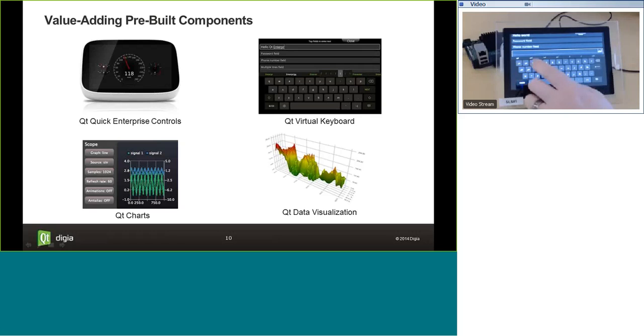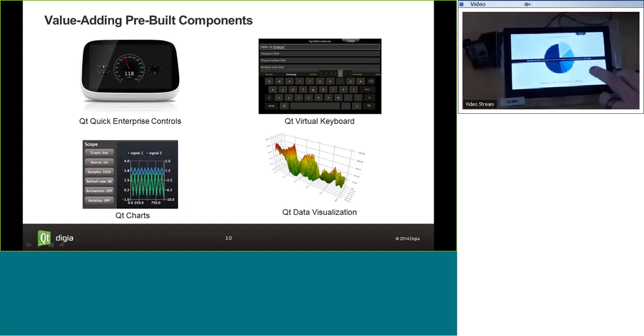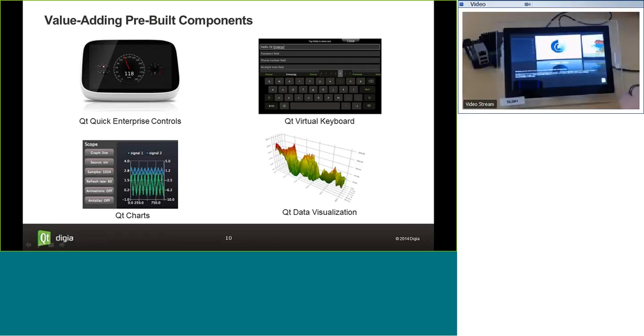So charting allows you to do 2D charting, both static and dynamic. And then Qt Data Visualization allows you to do static and dynamic 3D charting. These are all exclusively available to Qt Enterprise Embedded, and to Qt Enterprise if you're doing desktop and mobile with the Enterprise license. But Qt Virtual Keyboard is clearly something you mainly benefit from